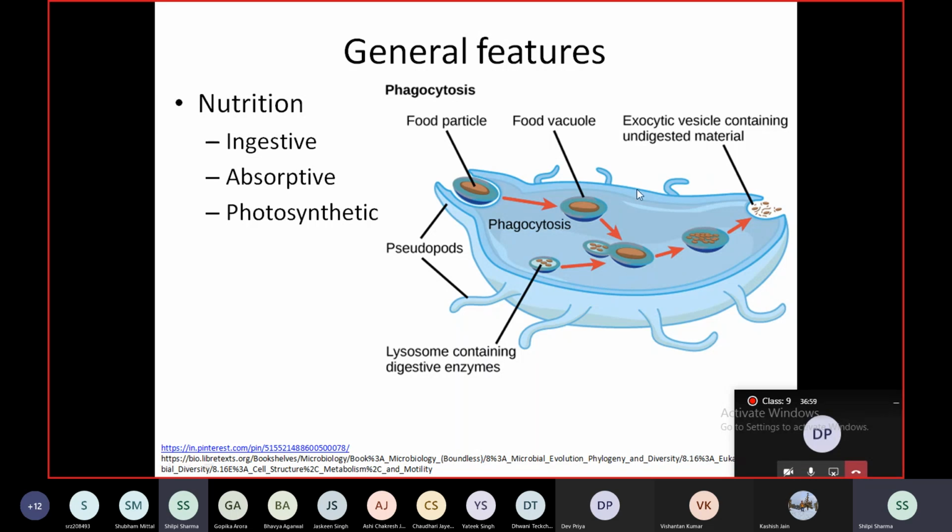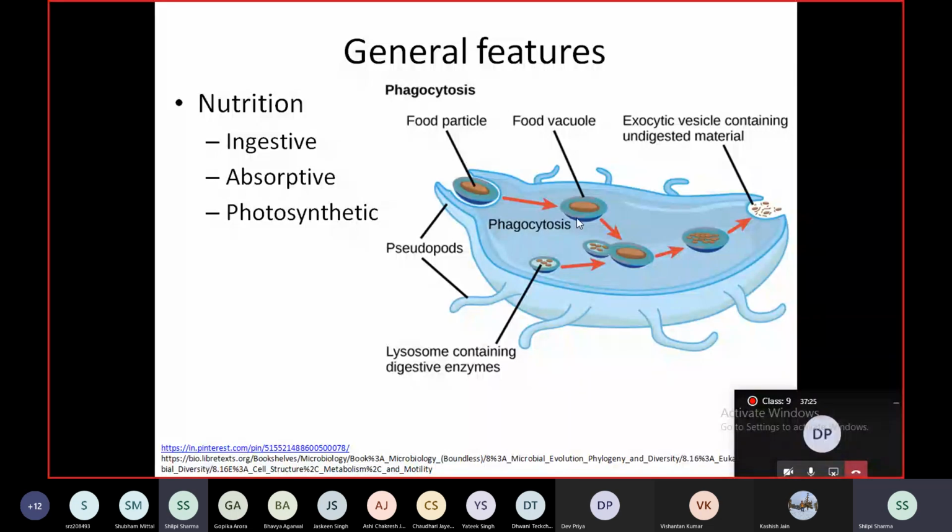What you see in the figure on the right is actually the process of phagocytosis, in which the cell membrane engulfs a food particle, जैसा तुमने अमीबा में देखा हुआ है, and draws it inward, pinching off an intracellular membrane sac or vesicle called the food vacuole, जिसको कि phagosome भी कहते हैं, phagocytosis इसलिए phagosome.